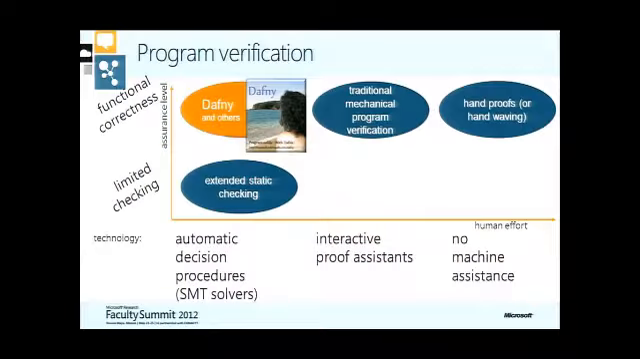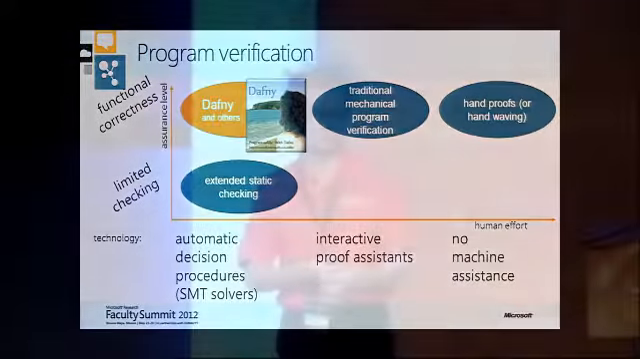And the interesting thing I find is that you can actually use those same automatic decision procedures and push things up into the upper left-hand corner. And that's where the tool Dafny is, which I'm going to show you today. There are some other tools like Dafny, but Dafny stands out in its automation and cleanliness of how you write